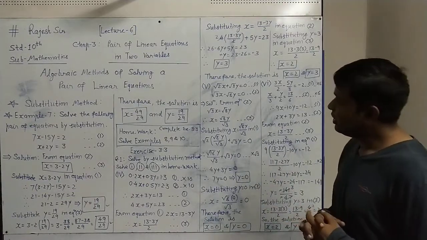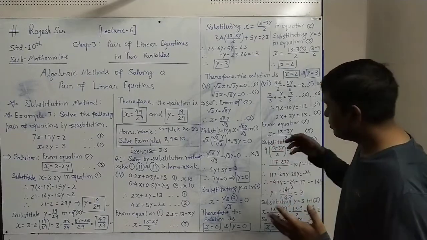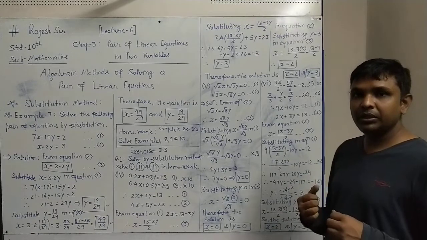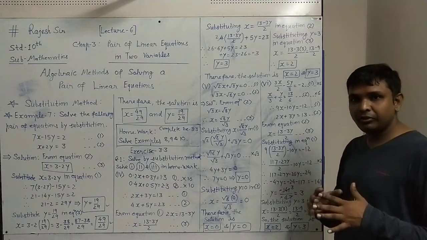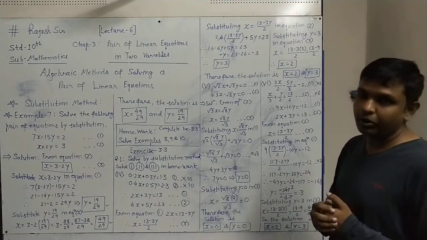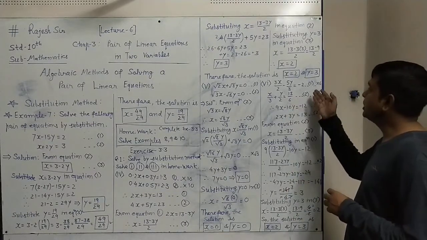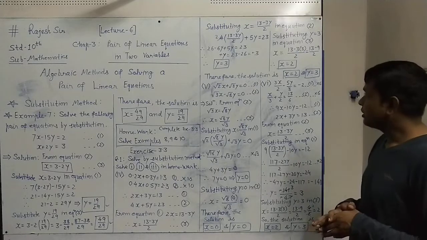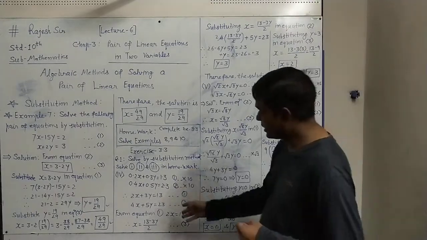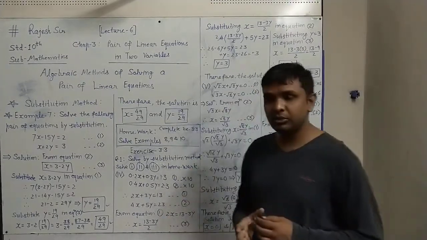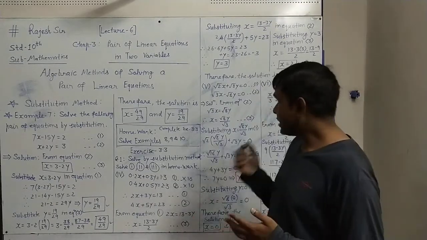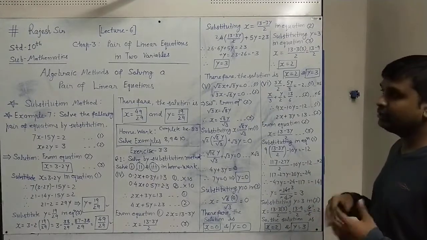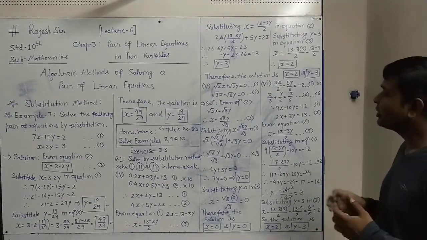This is so simple. But when the equations are given in some complicated form, the first work will be to simplify them and make them simple. Like, if a denominator is given, multiplying by their LCM in both the equations, you can make it simple. And when a decimal point is given, you multiply by such a number that the decimal will be removed. So this type of question we have to solve. We have to make it simple first, and then we can apply the substitution method.